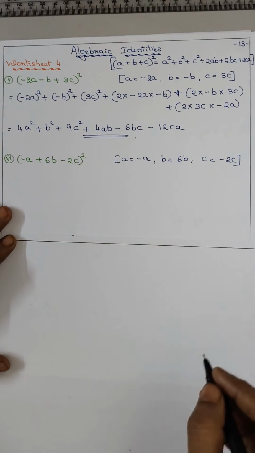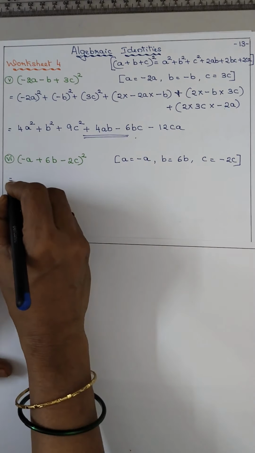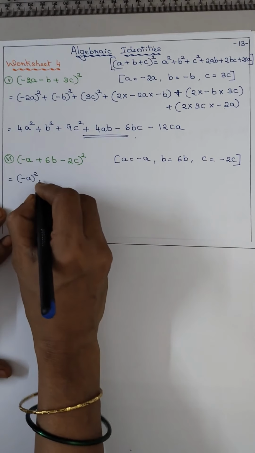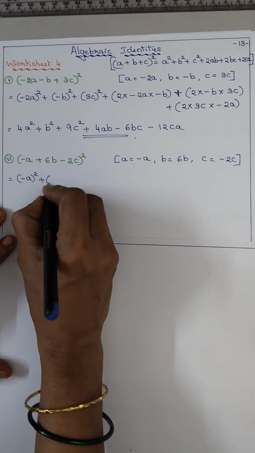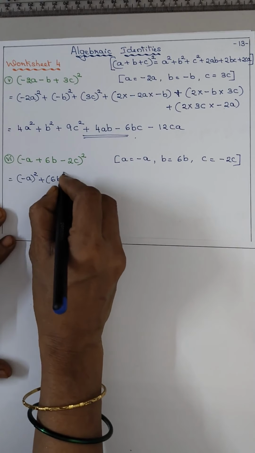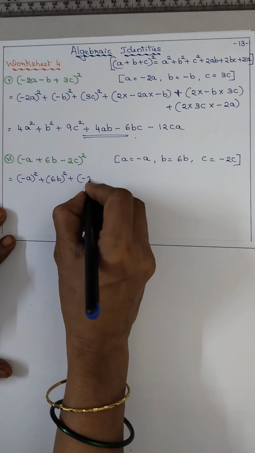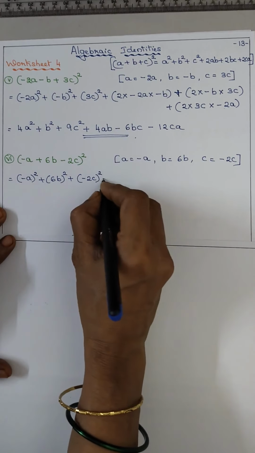Okay. Now a square is (minus a) the whole square, b square is (6b) the whole square, c square is (minus 2c) the whole square,